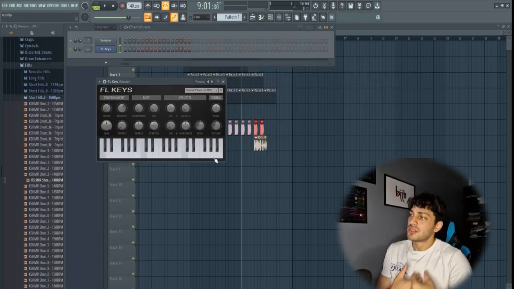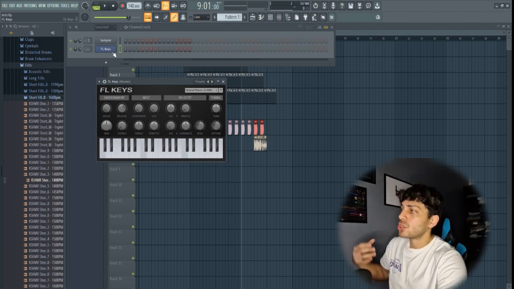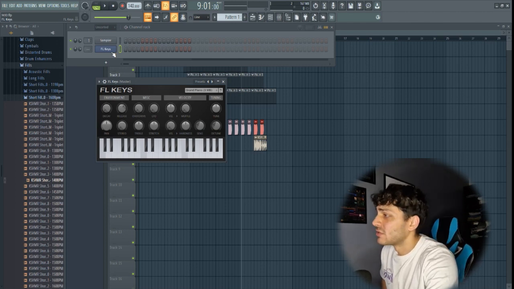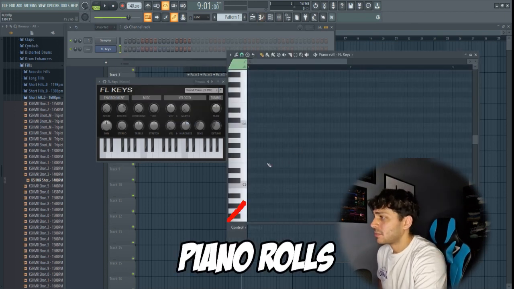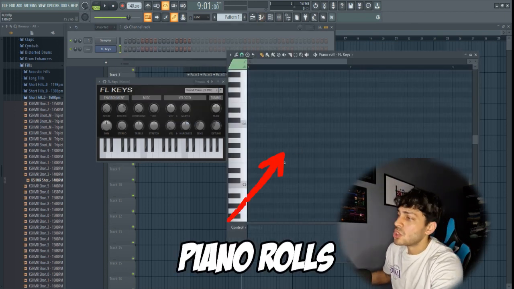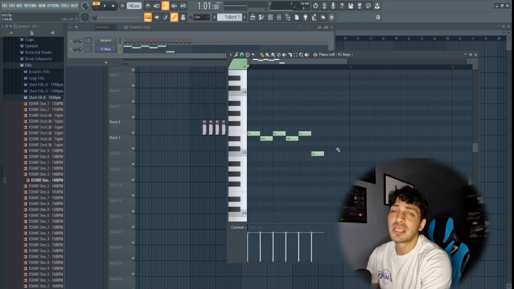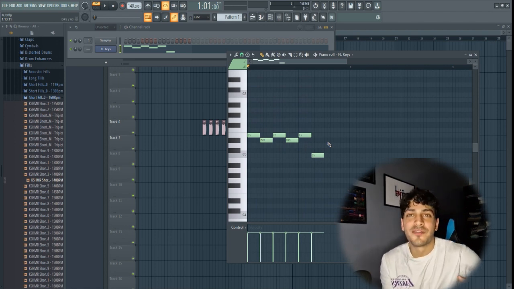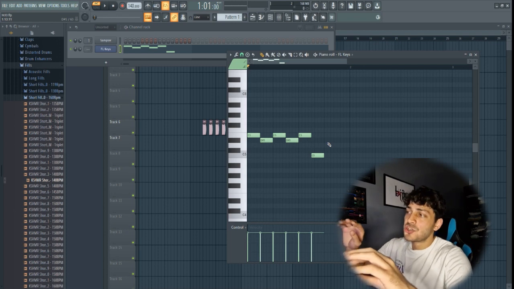In order to choose the melody that's going to play, I should be on the channel rack, and the next step is choosing a melody or playing a melody. So for me right here, I'm going to right click and press on piano roll. Piano roll, now you can choose what you're playing. We can actually do music, choose sounds, leads, flutes, violins, pianos, anything you actually want, even design your own sounds, and then all you have to do is choose a melody.